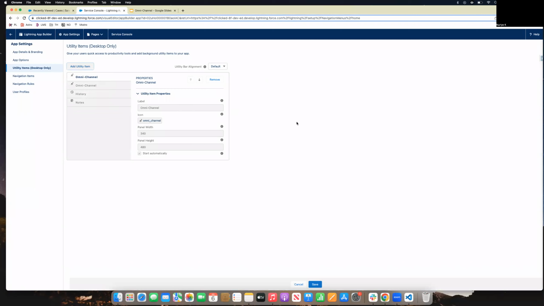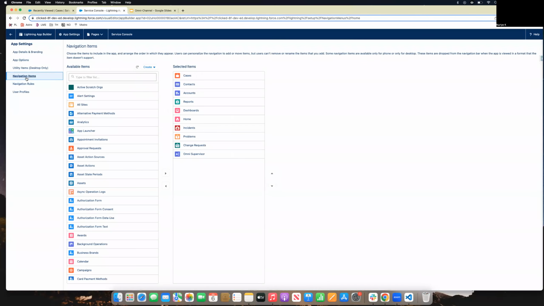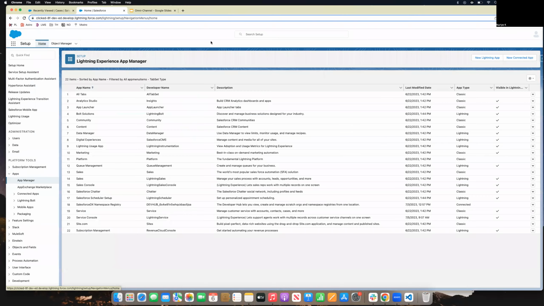So you've added this to your user interface. Another thing that I want to add is Omni-Channel supervisor, so that the supervisors can also see. You can do that through navigation items. From the navigation items, you filter out Omni supervisor, and then you just move it over from here. And then once you save your work,